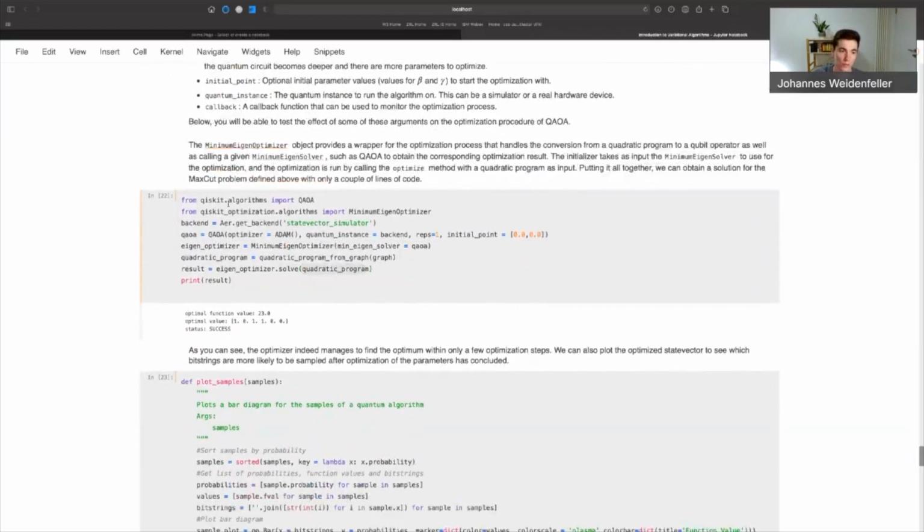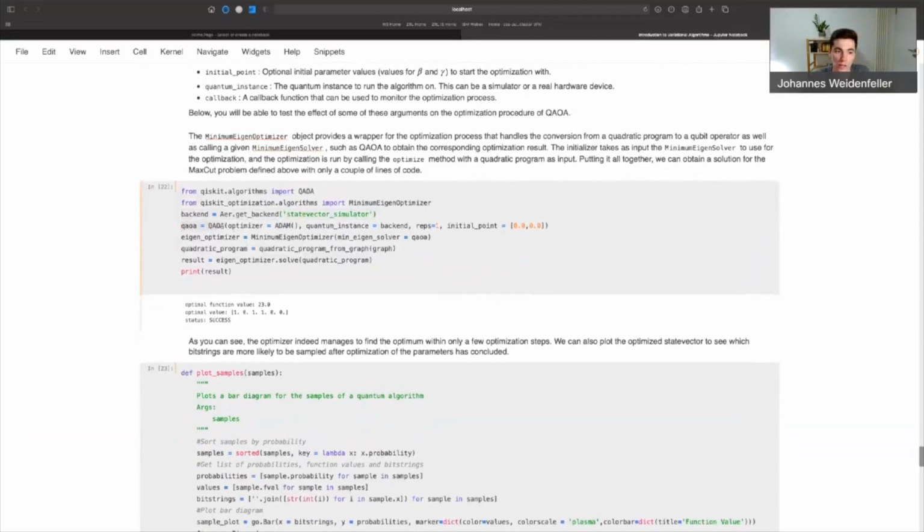So let's go through these couple of lines here. Again, we first of all get our quantum backend that we want to run our quantum circuits on. We then initialize QAOA. As an optimizer, we use the Adam optimizer. The quantum instance is our simulator. We are going to use a QAOA of depth 1, and the initial point, we're just going to choose the 0 point. Then we initialize the minimum eigenoptimizer, and we just pass this QAOA object into the constructor for our minimum eigenoptimizer.